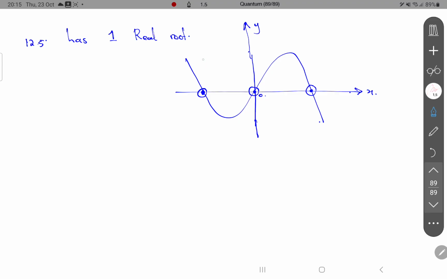If our graph is going to be like this, and it touches there, and it goes like that, it means we have got 2, and these are twice, and this is 1. So x is minus 2 twice, and this one, x equals 3. These are the roots. But now when it goes a little bit up here,